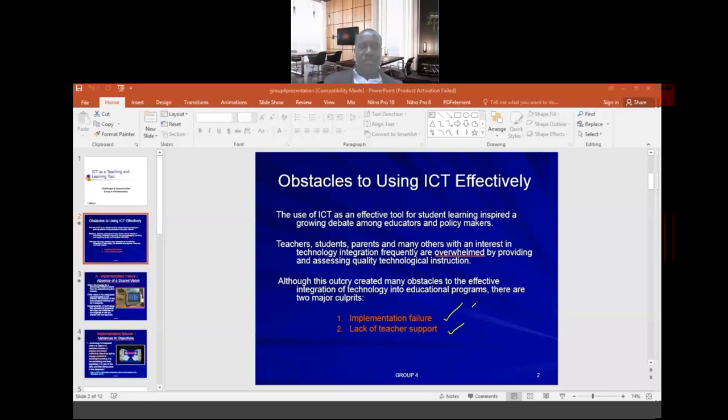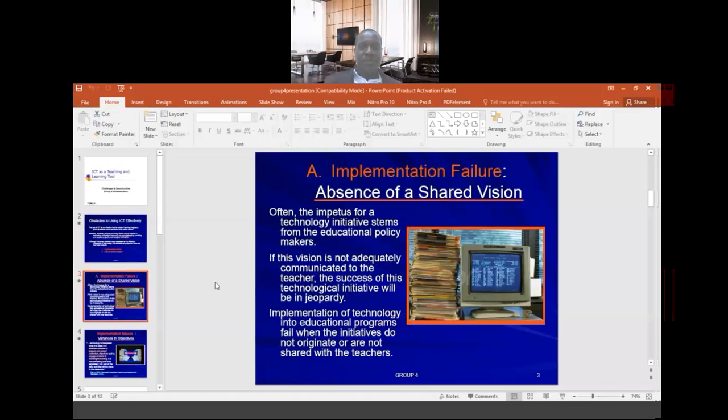And then, of course, we'll introduce some opportunities or remedies that we can be able to use basically to see a success in this implementation process. So one of the implementation failures or challenges is the absence of a shared vision. So we are looking at this